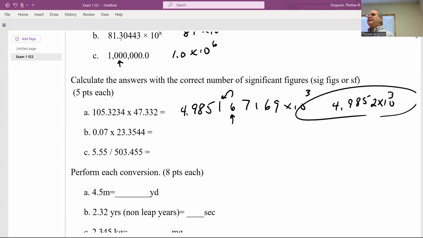How many sig figs is our answer going to have? 1. We go to the 2nd place. That kicks that up to 2. Yeah. So the second notation is